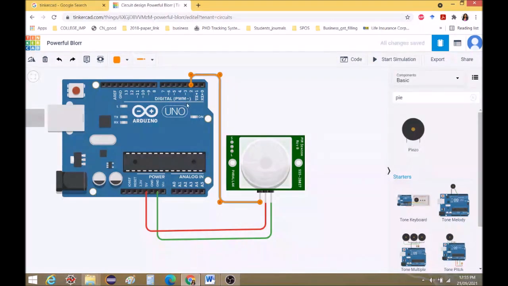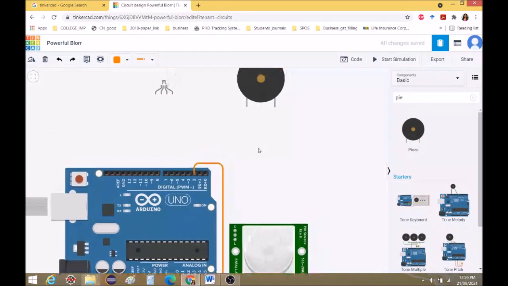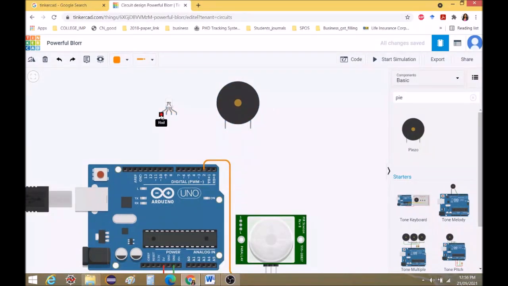If it is high, the object is detected. If it is low, the object is not detected. Now this buzzer and LED, these are our outputs. These outputs also have some connectors here, the positive and negative. Here we have red, blue and green, and one cathode.